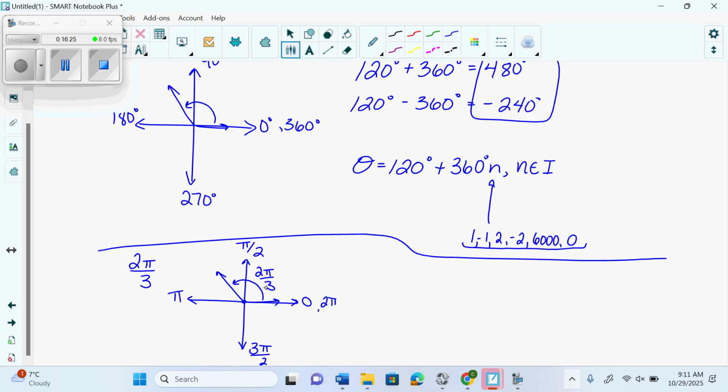I want you to give me a positive and negative coterminal angle. Could I convert that to degrees, add 360, the exact same one as previous, just so you know, and convert it back to radians? I could, which is what some of you do. However, you're adding 360 degrees to a degree, yes? So to a radian, do you have to change it and then convert and add it to 360? Or what could we add to it? 2 pi, yes? So I could go 2 pi over 3 plus 2 pi,